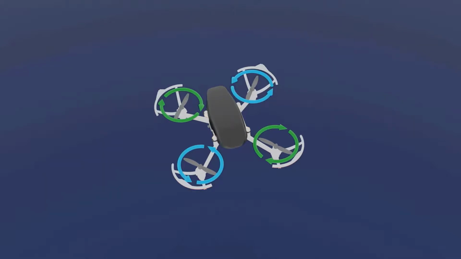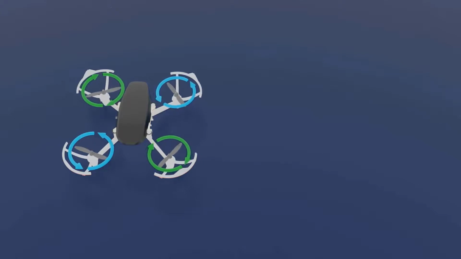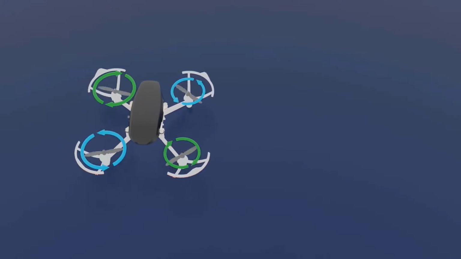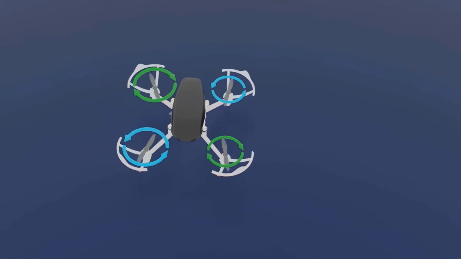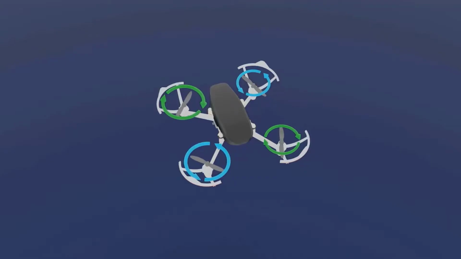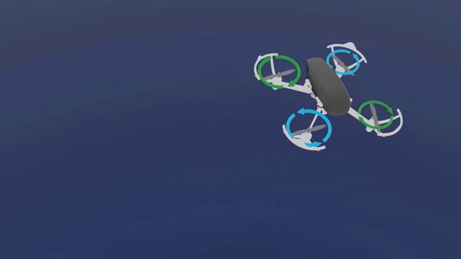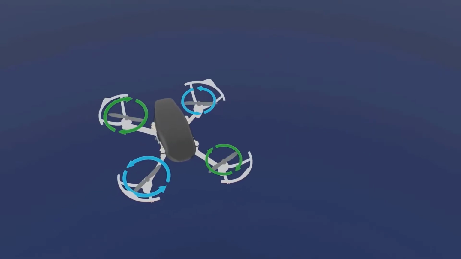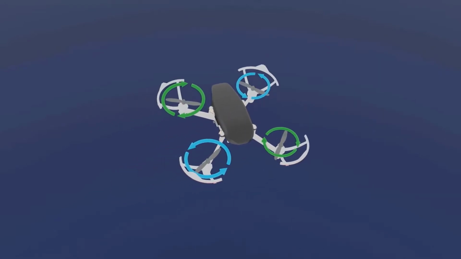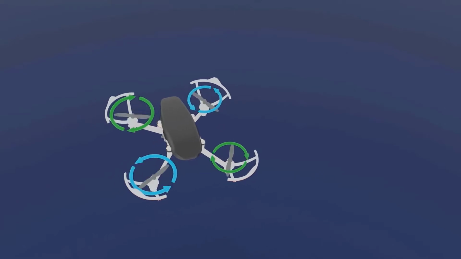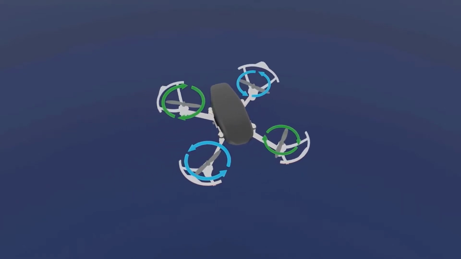But basically the idea is, if you want to roll the drone to the right, first increase the RPM of your motors here until the drone starts rotating. And once you have achieved your roll, the amount of roll you want to achieve, you make the RPM of these four motors equal. And that effectively helps you balance out the drone, and then the drone can continue rolling in that direction and can move.